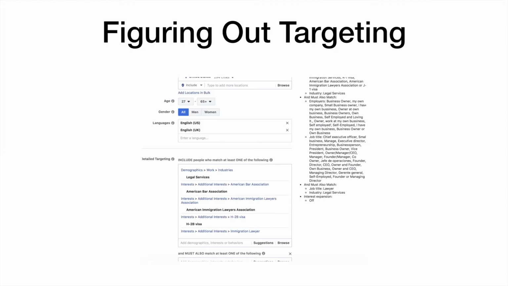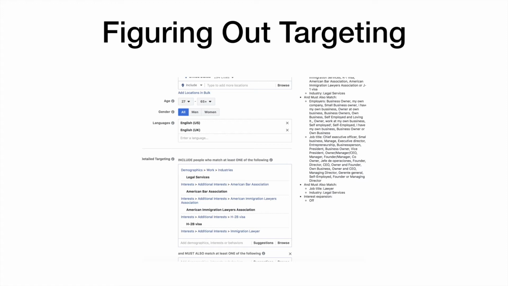All right, so the very important part when you're setting up your Facebook campaign is targeting. I believe that a lot of the other parts of Facebook are fairly intuitive. This can be the tricky part though, and I've given you an example of how tricky targeting can be here. I couldn't use any of our beauty campaigns due to the competitive nature, so I picked a campaign that we ran once upon a time that was targeting lawyers,